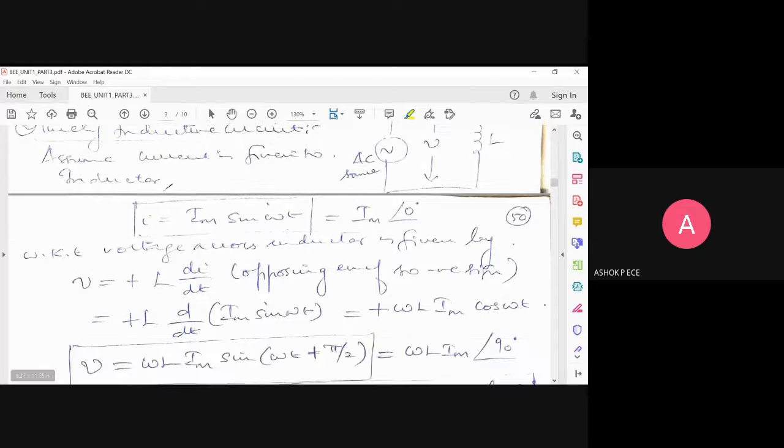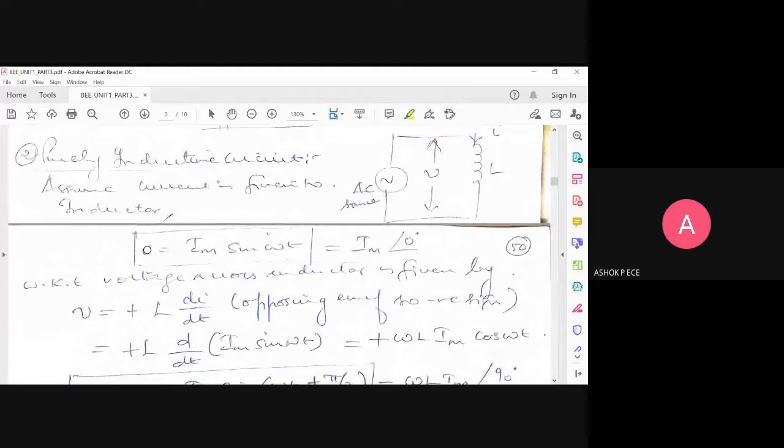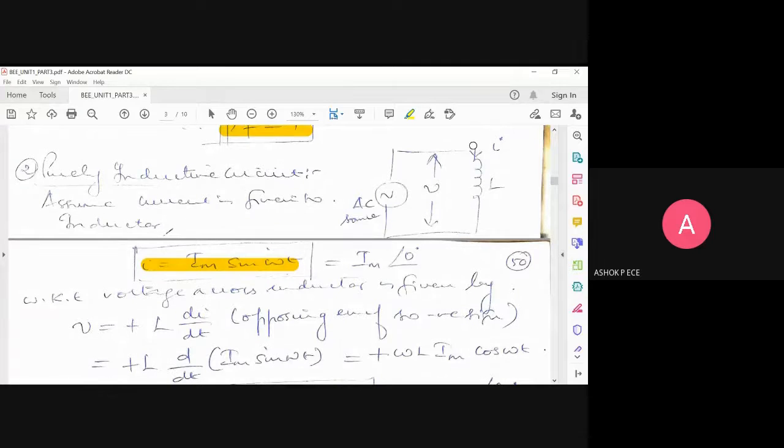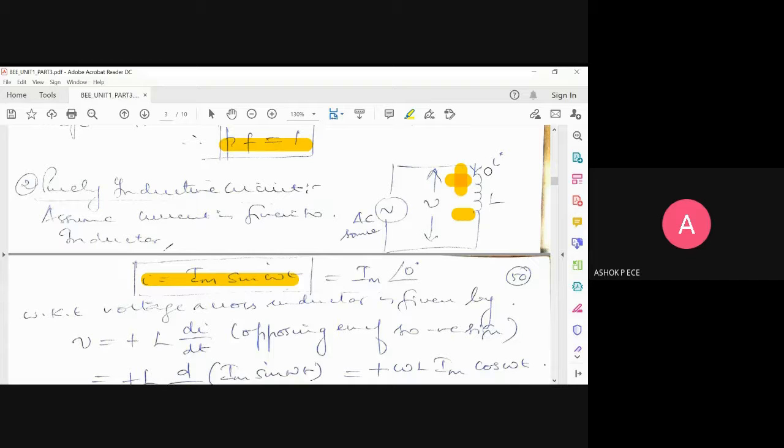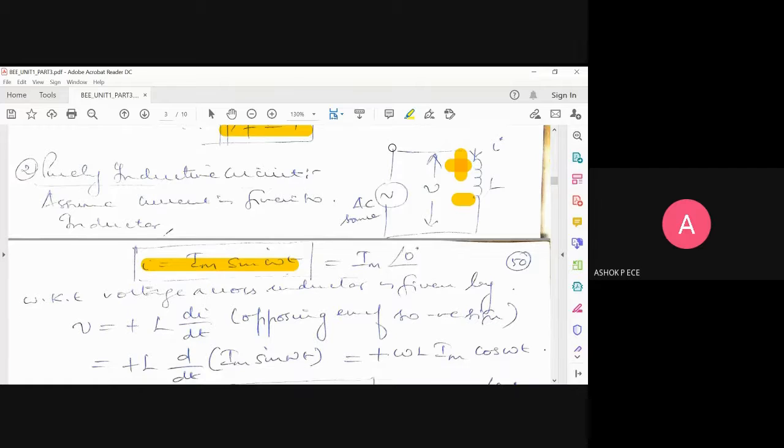Okay. So I am going to give a current to an inductor. You know that for an inductor to work, it needs current, because current is going to create a magnetic field around the inductor, thereby developing an EMF which is going to oppose the source. This is Faraday's law. Any current flowing through an inductor will produce an EMF, and that EMF is going to oppose your source. So for an inductor, the source of excitation should be current.